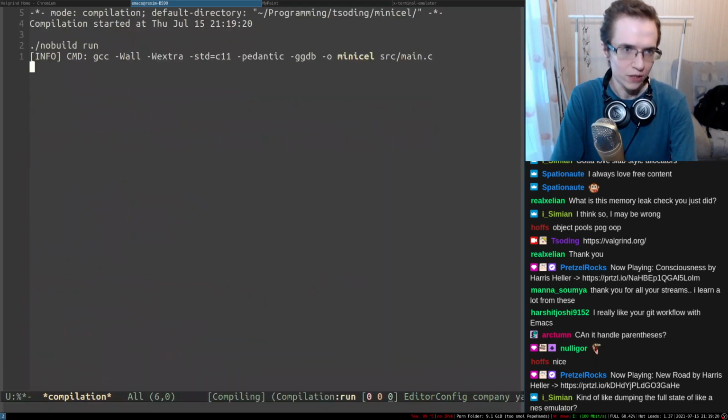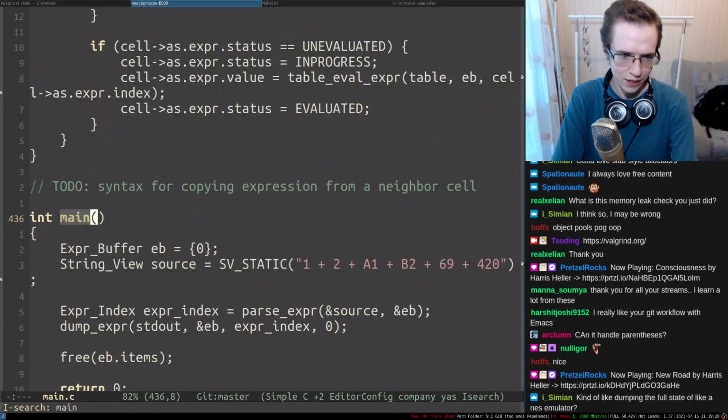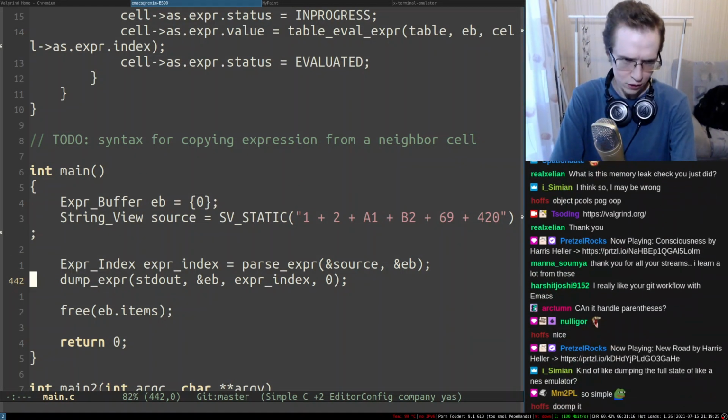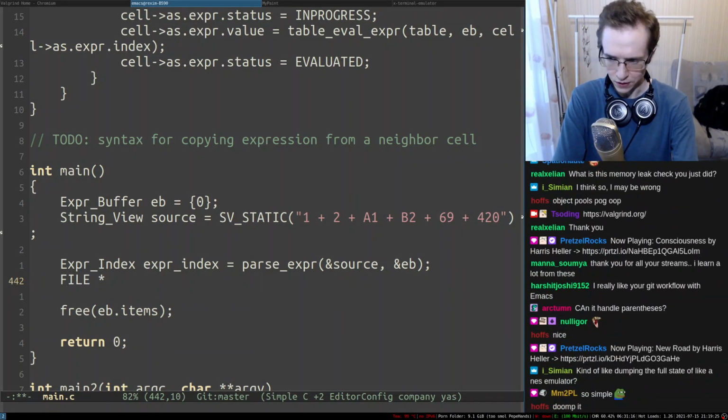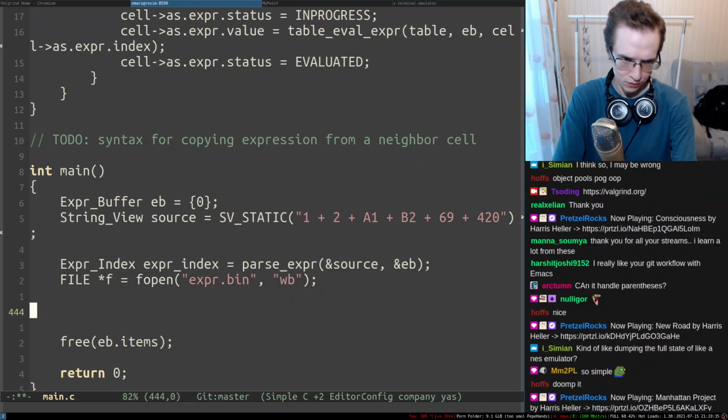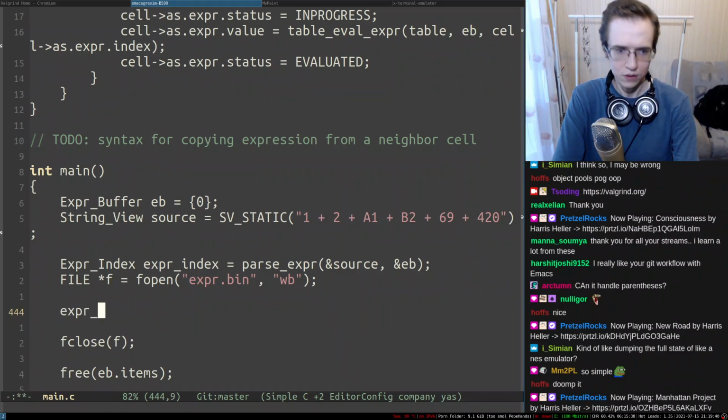Right, so if I try to rerun it, everything seems to be okay. So now, instead of dumping it into standard output, we're gonna open the file. It's gonna be something like this: fopen expr.bin, and we open it for writing in binary mode, right? And then we close this entire thing. Expr buffer dump, and essentially I'm just